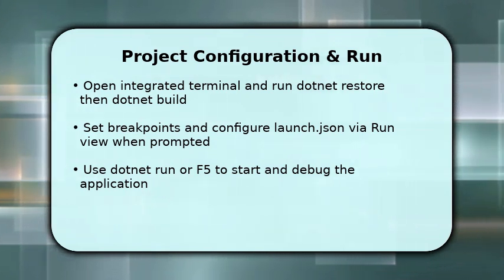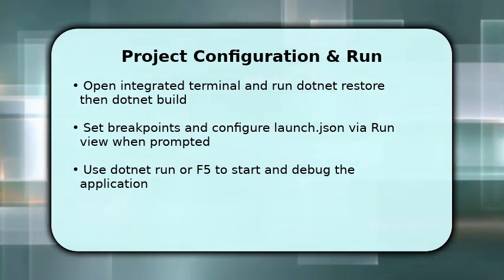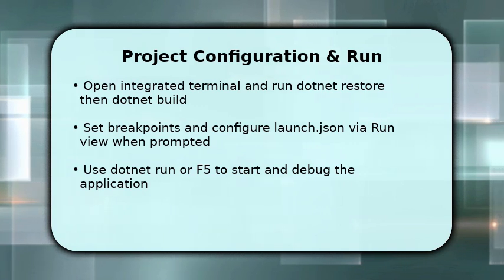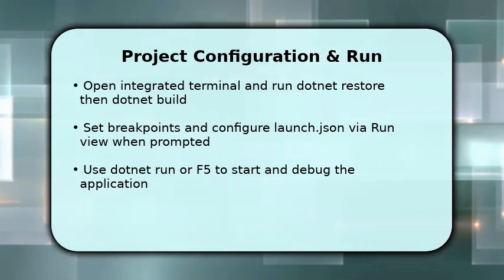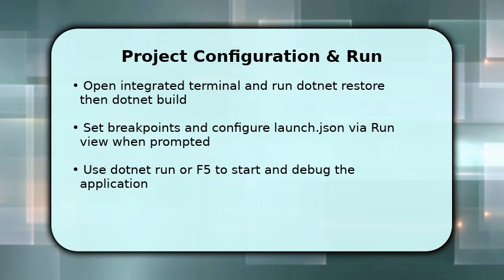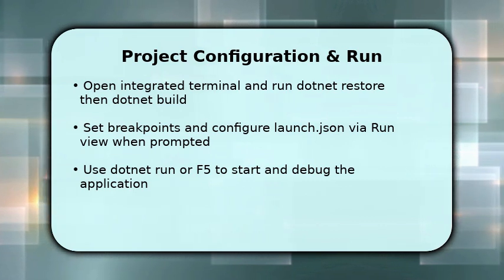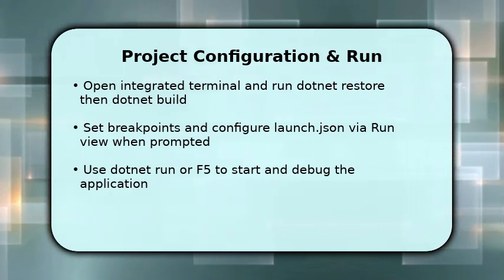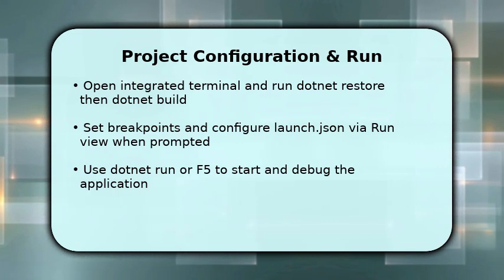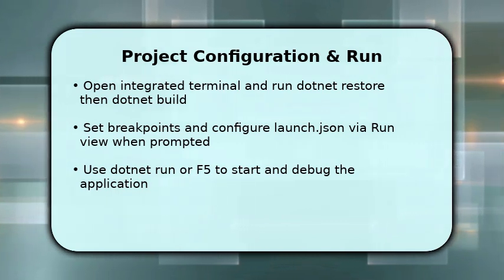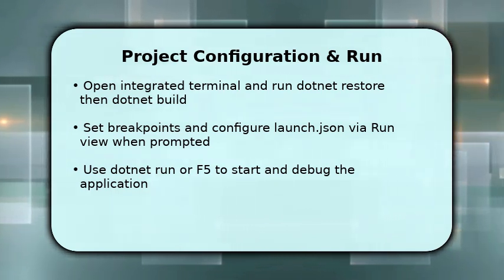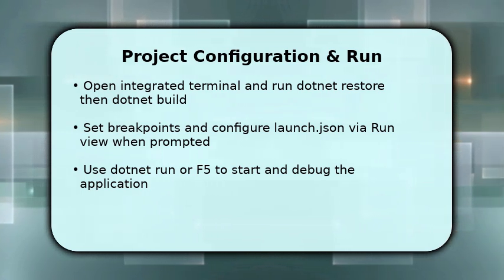Open the Run view. If VS Code prompts to add required assets, accept and create a launch.json, this maps the debugger to the .NET runtime. Finally, use dotnet run for quick runs or press F5 to launch under the debugger so you can inspect variables and watch call stacks. Complete the workflow by running dotnet test to validate behavior and dotnet publish when you need